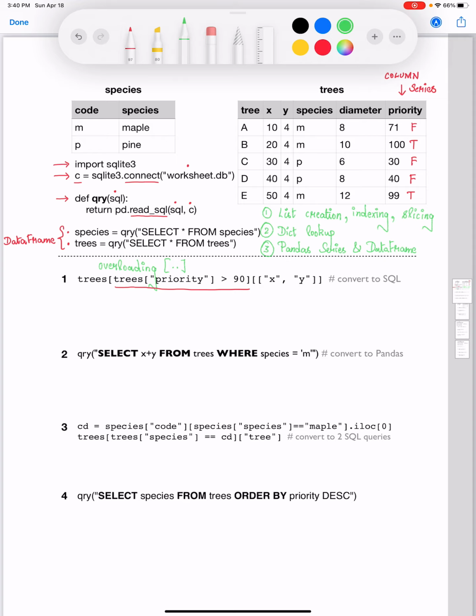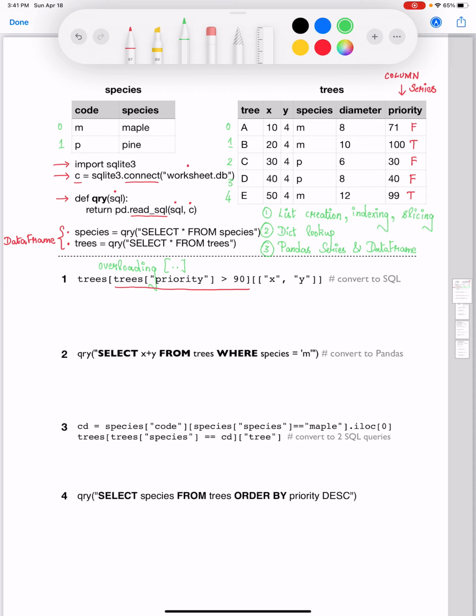The corresponding index for those values is going to come from the row index within the data frame. For the purpose of this particular example, let's assume that row index is exactly the same as row integer position. Recall that integer positions begin with a 0, so you're going to have the row index for trees table as 0, 1, 2, 3 and 4, and the row index for species table is going to be 0 and 1 for the two rows here.